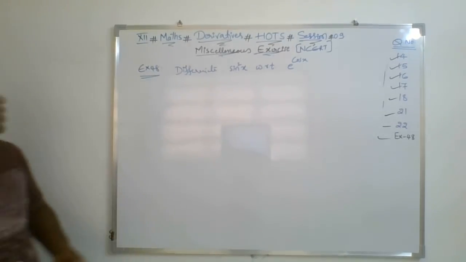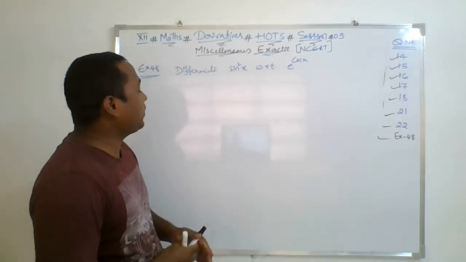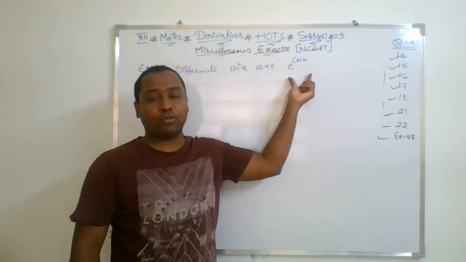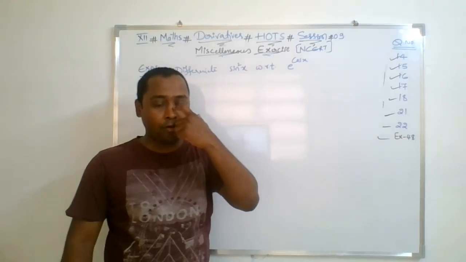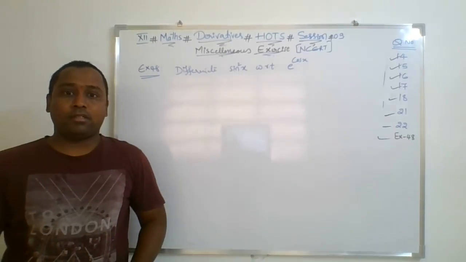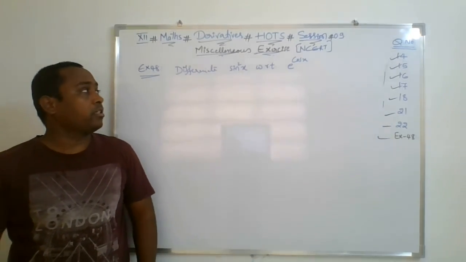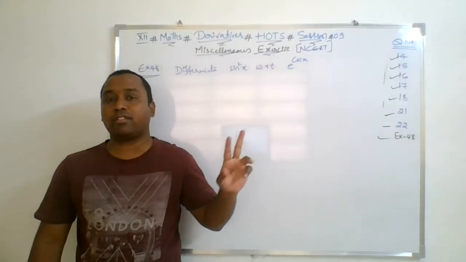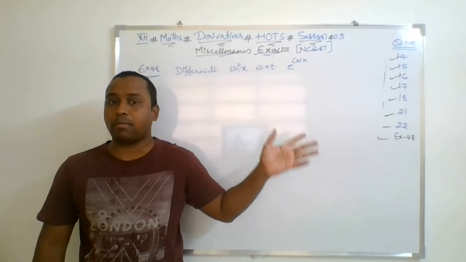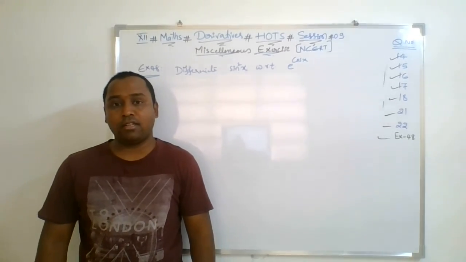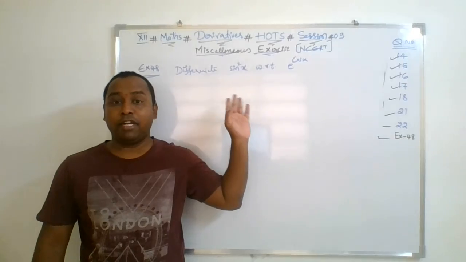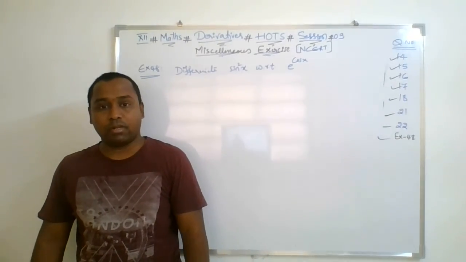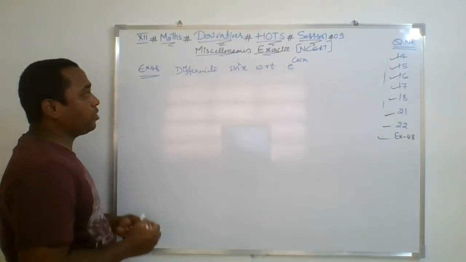Now just have a look at what this question says. Here we need to differentiate one function with respect to another function. Right, sir? How is it possible? Till today, we were doing the derivative either with respect to x or with respect to y or with respect to t, some other parameter. But here the question is asking for the derivative of one function with respect to another function. How is it possible? Let's have a look over this and you will see.